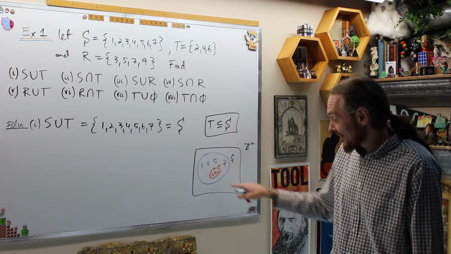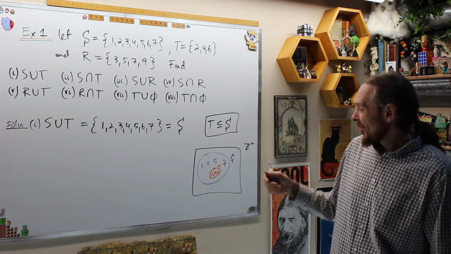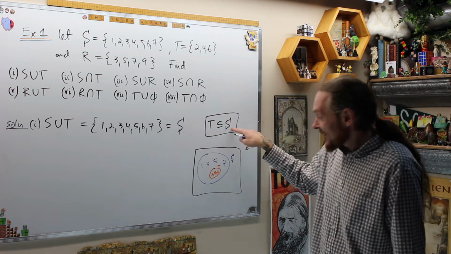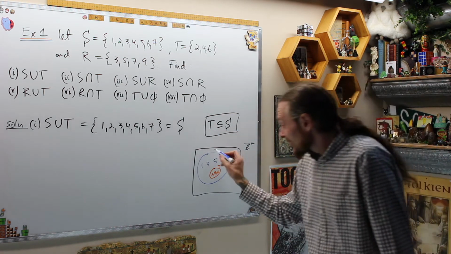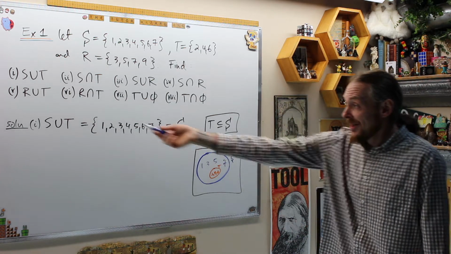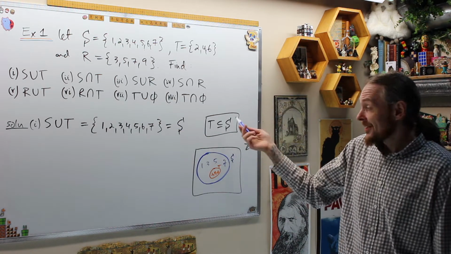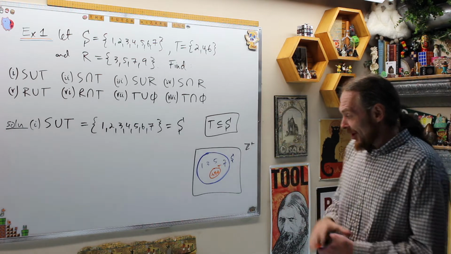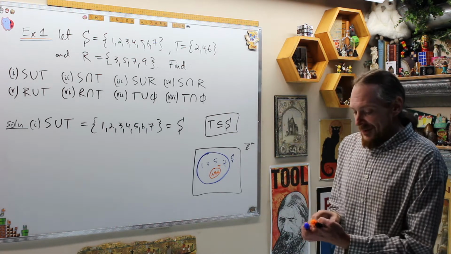What that tells us is these elements are already in there. And when T is a subset of S and I take their union, it's always going to be the bigger set. So S union T will be S because I know T is a subset. If we do the reverse, before I do that, for number 2,